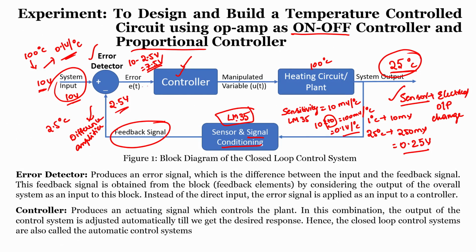So, once the error signal passes, the controller will take an action on how much input voltage or input signal, which is nothing but the manipulated variable, is to be provided to the heating circuit, so that the system can quickly heat to the required system input. So, the system output will always match the system input. That call will be taken by the controller, but that requires some kind of user input. It depends upon which controller you are using.